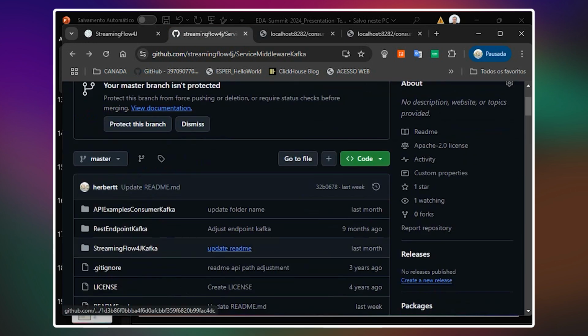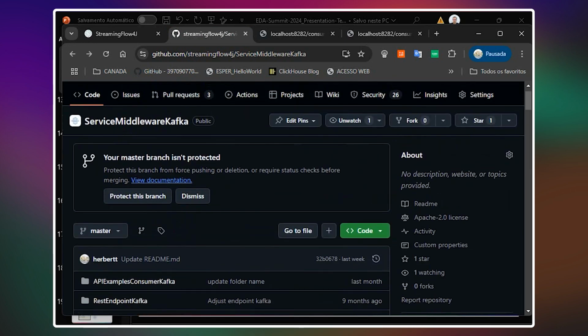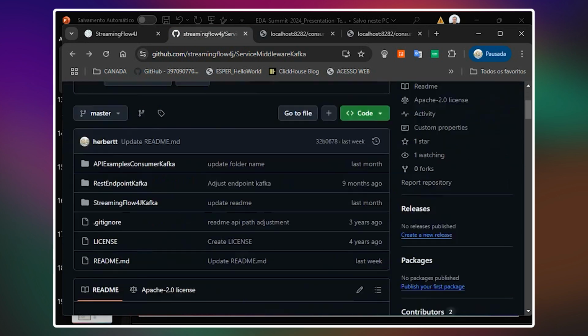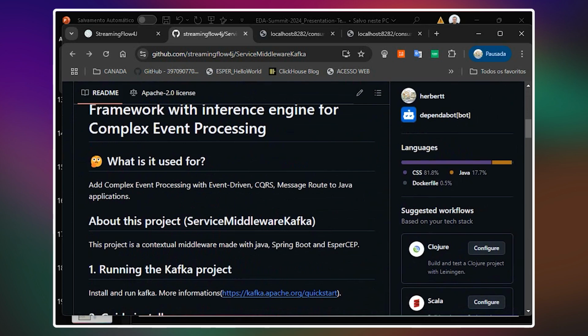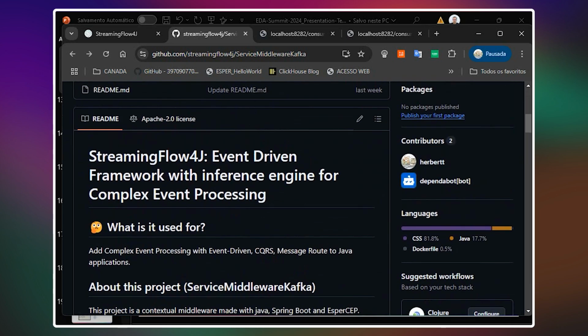And if you go to the service for Kafka, for streaming Flow4j for Kafka, you have all the guidelines here for you to follow, and it provides all the information that you need.